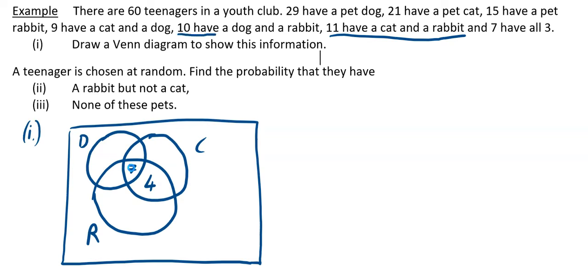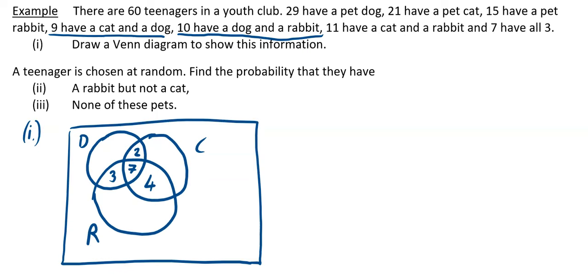So it says 10 have a dog and a rabbit. So dog and a rabbit is going to be this wee bit in here. So that means we're going to have a 3 in here. Next thing is 9 have a cat and dog. So the only remaining overlap is a cat and a dog. So that's 9, so this number must be 2. Okay, we've done